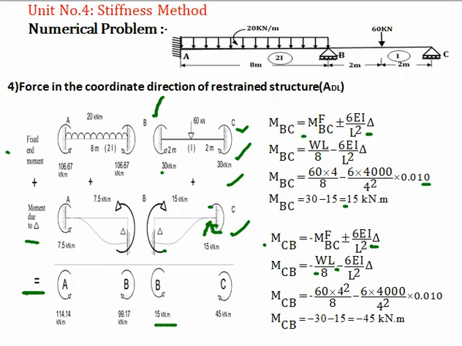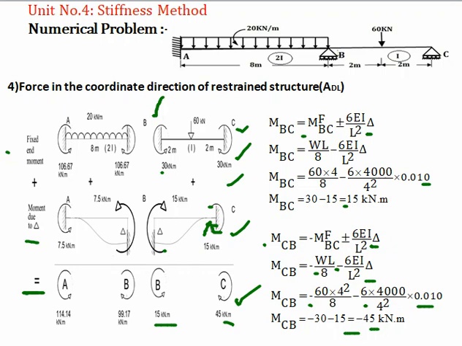So formula, we know that it is symmetrical, so formula remains same, WL by 8 minus 6 EI by L square into delta. So putting the value, minus 60 into 4 square divided by 8 minus 6 into 4000 divided by 4 square into 0.010 in meter. So finally we have MCB at end C minus 45 kilonewton meter. So that value is shown here, 45 kilonewton meter in a clockwise direction. Okay, so this is all about your moment